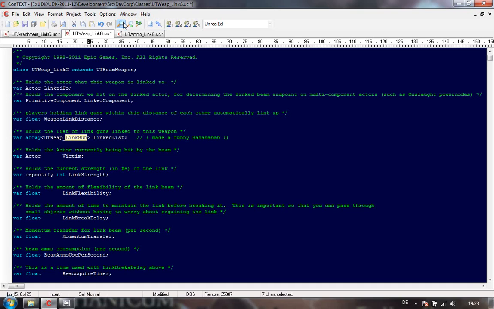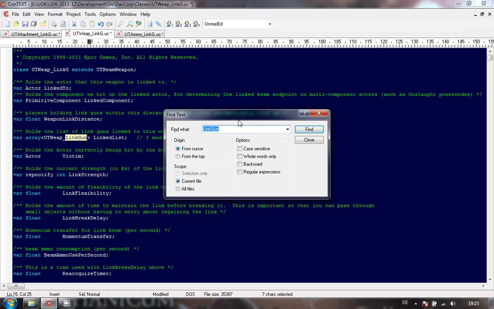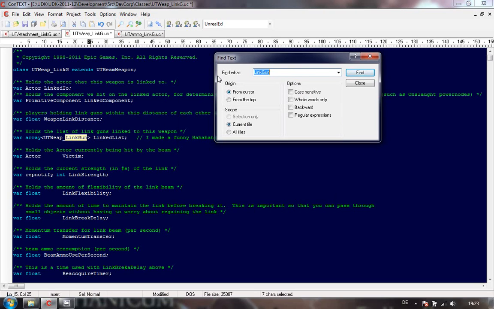Now in most text editors I've got this find text function. So I'm going to go through this file, find everywhere where it says link gun and change it to link G. Now before somebody gets smart alecky and says, well, you can just use this bit here where you type in a name and replace it with another name,